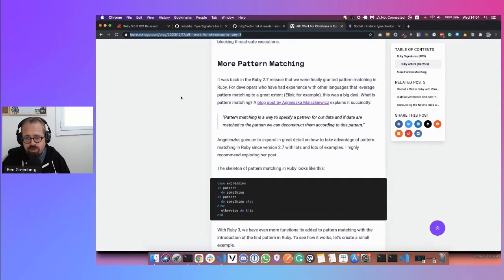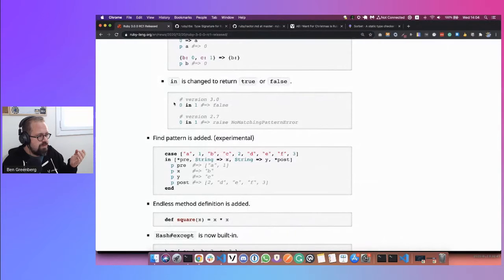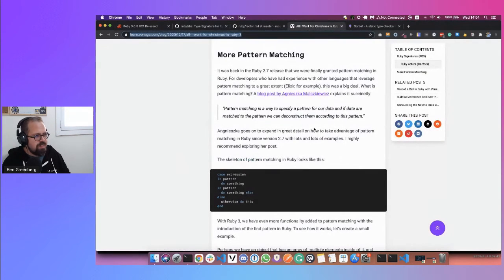And in Ruby 3 coming out soon, we expand upon that even more with another format for pattern matching called, what do we call it? The find pattern. In fact, I referenced in this blog post another blog post by this person here. I'm not going to try and pronounce this name. I cannot, and so I will not even attempt to do it.